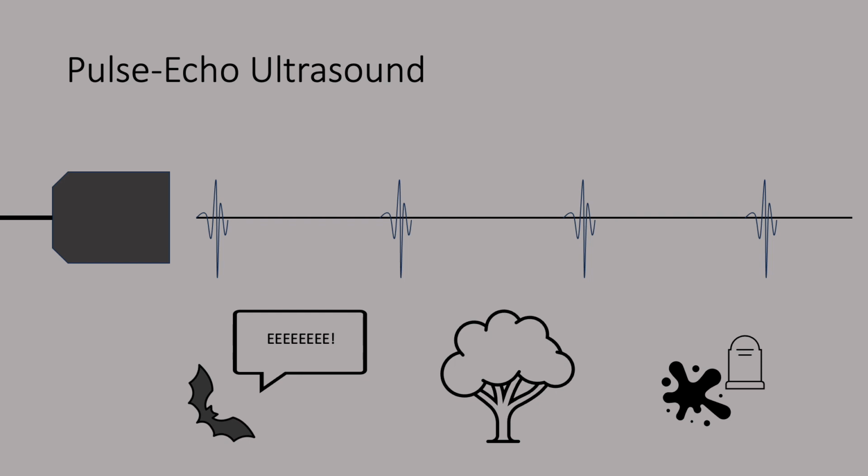But as a basic rule to understand, pulse echo ultrasound means that we emit a pulse, we then wait for those echoes to come back, and then we emit another pulse. And we can change some things on the machine to change the distance and the time it takes between those pulses or how strong those pulses are and all that stuff. But really, that's beyond the scope of what I expect you all to know.